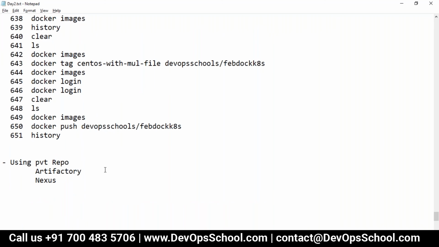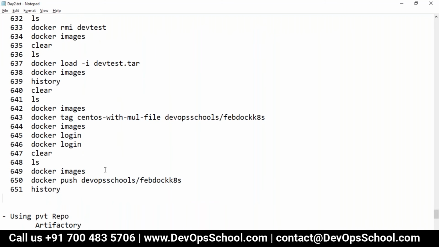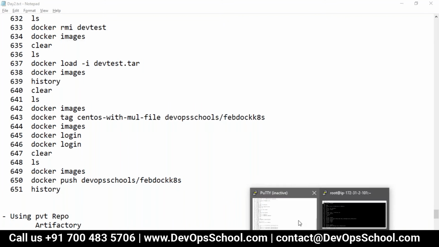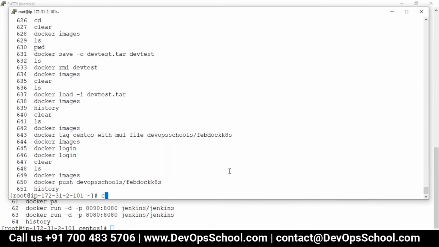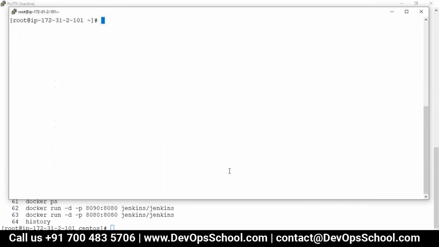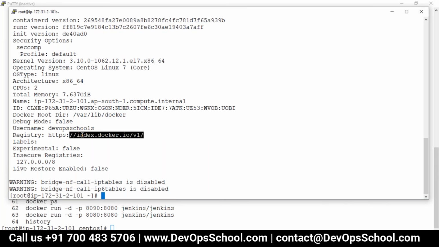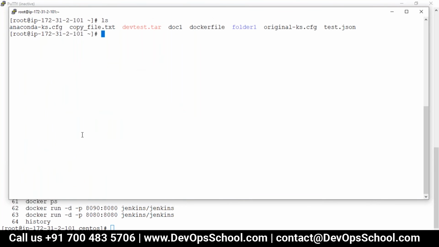Rajesh, it looked like the URL for Docker Hub is set as default, because you just gave the repository name and it automatically identified on what URL it has to push. Why is it happening? That's a good question actually. So if we do docker info, here the registry is hard coded. So whenever you skip the URL, that will be taken.